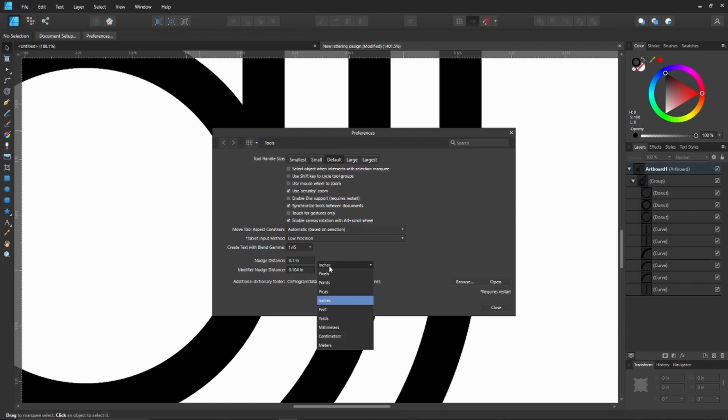So what you do is this is normally in pixels, but what I do is I change it to inches because you'll see exactly how it is. And by default, I accidentally changed it, it is 0.01. And what I did is just to kind of play around with it, I added an extra zero to that. And once I did that,